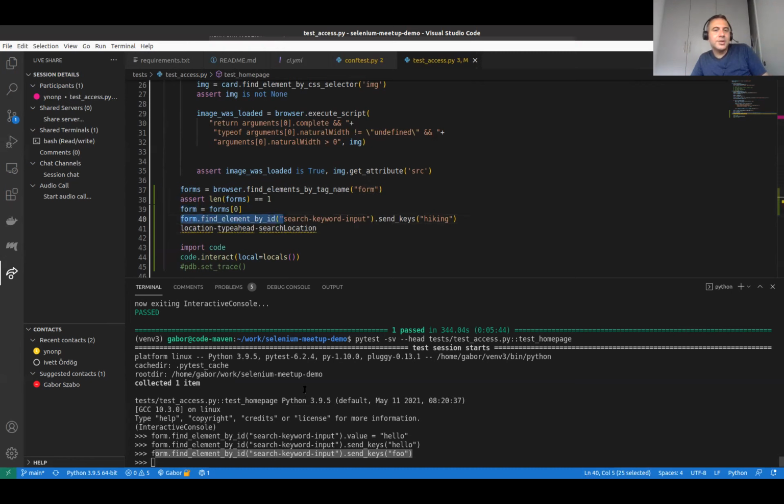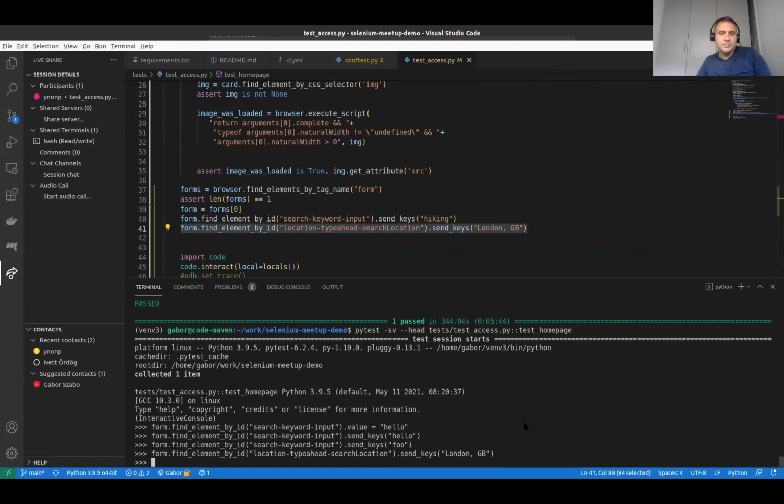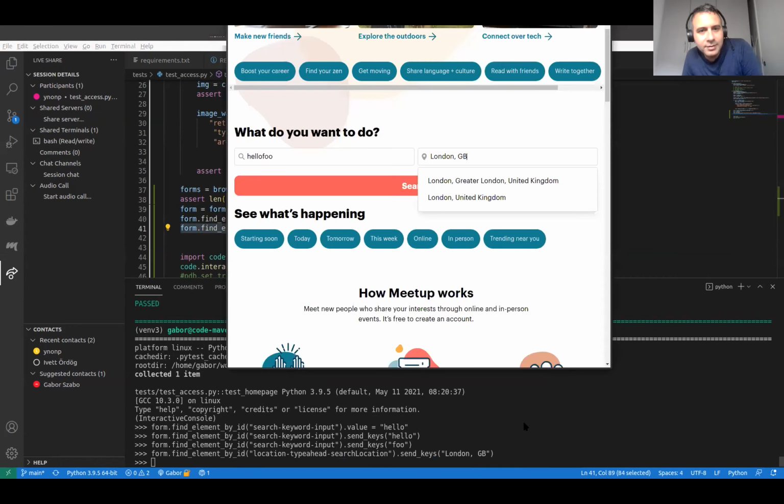Okay, but you can try send keys. Maybe it will work without the pop-up. Let's see. You wanted London for some reason. Browser.